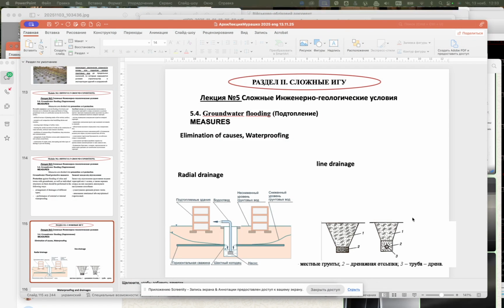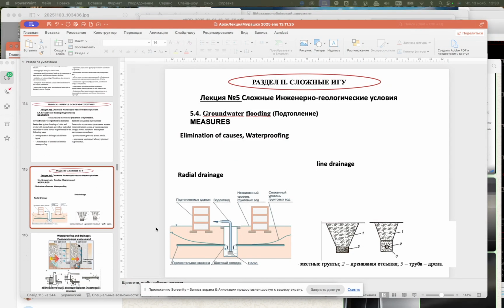So water goes on the surface, drains through these layers, and goes from your construction site through this pipe, and then you will collect it where you want. Or, for example, you can lead it to the